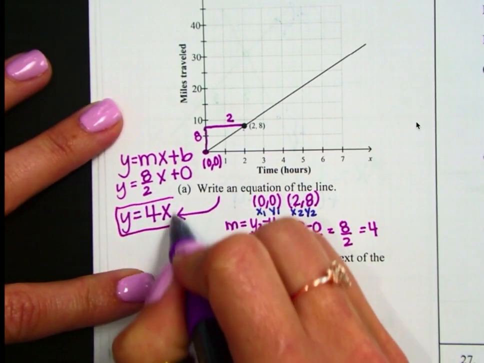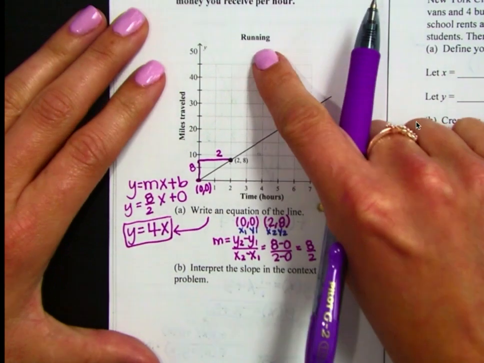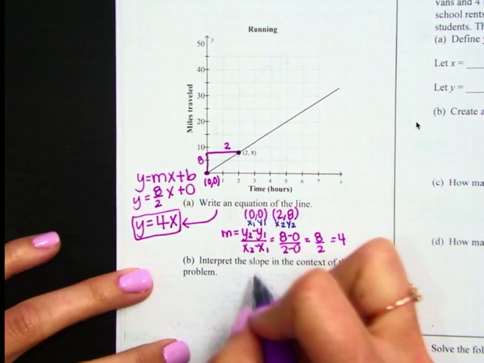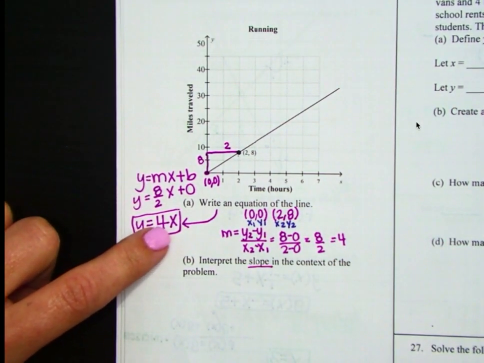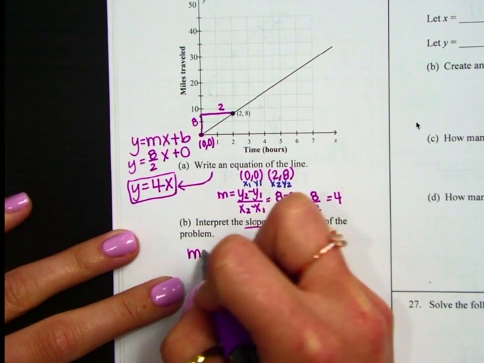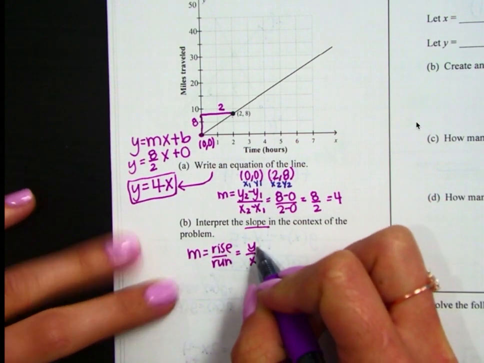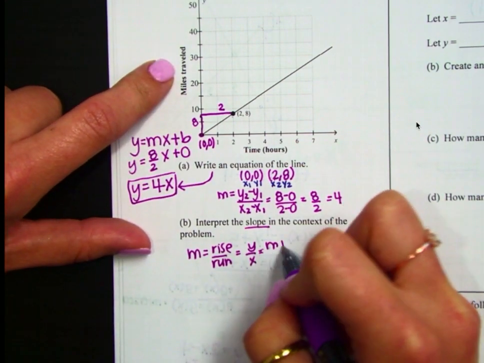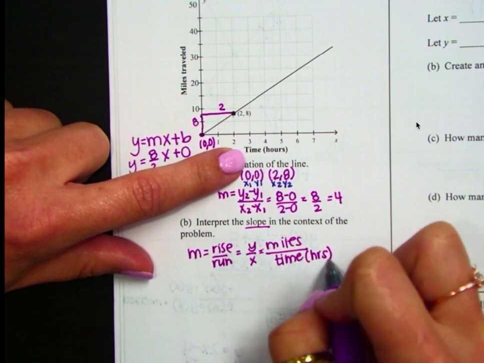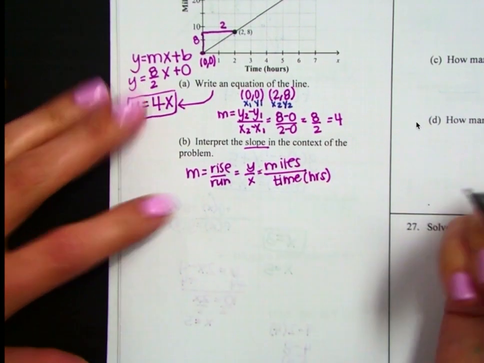All right. And then for part B, we're going to interpret the slope in the context of the problem. So we're talking about running, and we have miles traveled and time. So we're interpreting the slope, which means we're talking about this answer, just the 4 that we got for our slope. So if you look at the context of the word problem, remember slope means rise over run. So it's going to be the change in the y over the change in the x. So if you look at your y, we're talking about miles traveled, and your x is talking about the time in hours. Okay, so when we have 4 for our slope, it means that